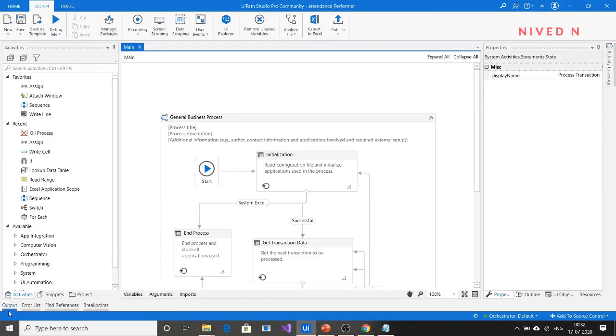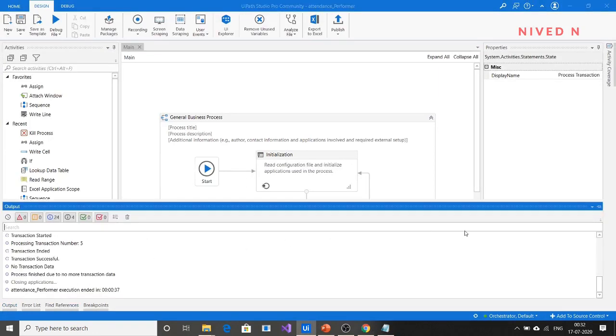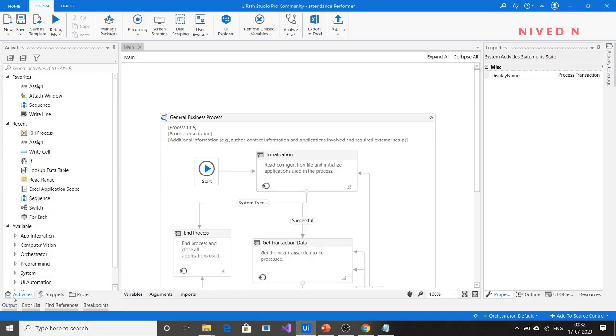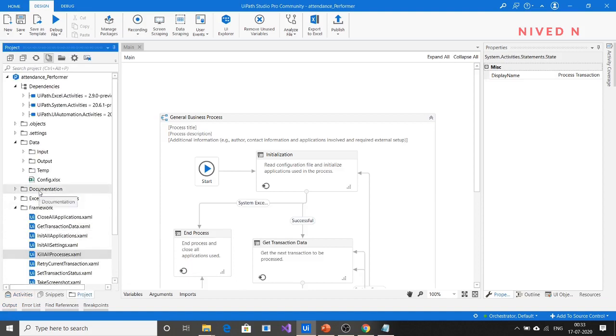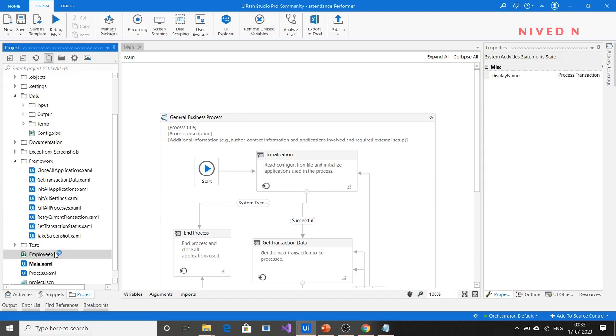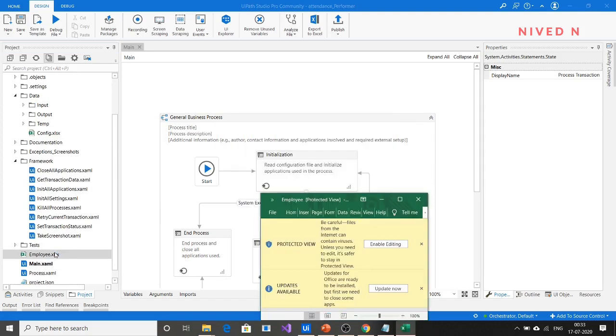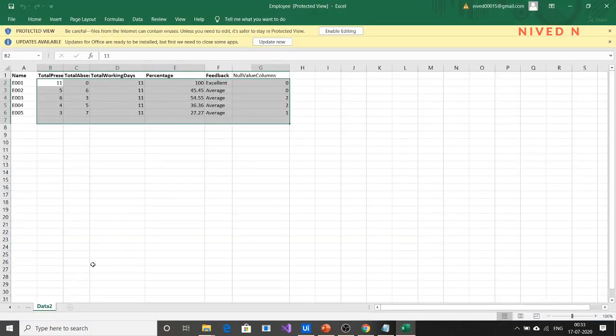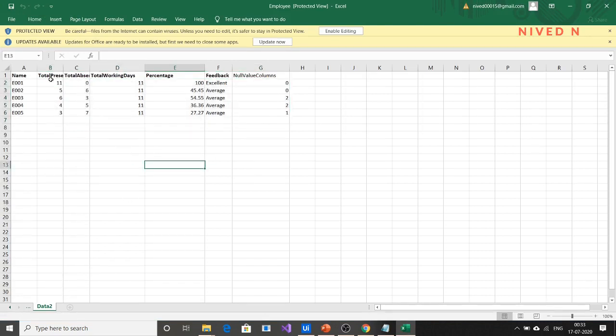So I think you can just go here. Yeah, every process has run successfully, like for transaction number 1, 2, 3, 4, 5, everything has run successfully. To check that, you can go to the queue, or otherwise you can check here also from this employees file. You can either show the result. Yeah, you can see everything has run fine.